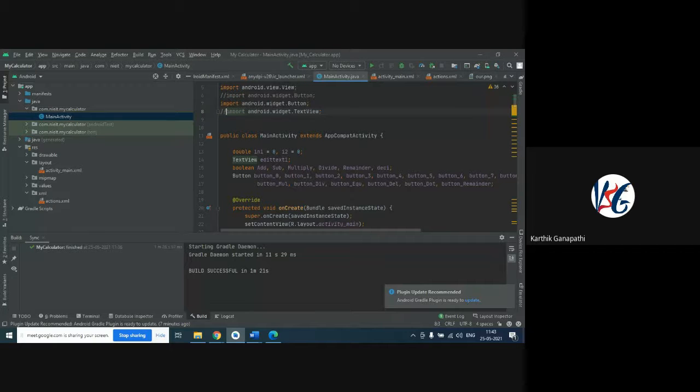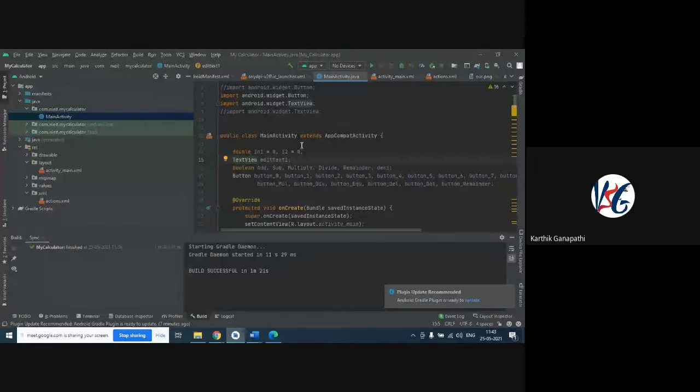Something similar to that. If I comment the text view, the same thing is going to happen. So by default, we will know, because we use the text view, obviously we need to declare the text view here. When I place the cursor on this, it will show import class text view is missing. Just click on this, it will add the import of text view. So you can see the importing of the components happens here.